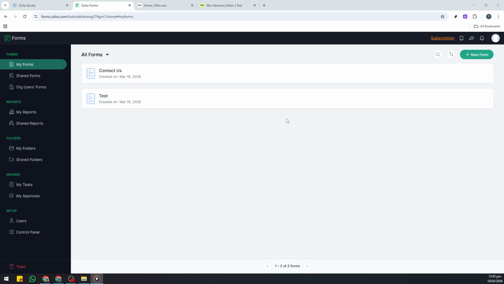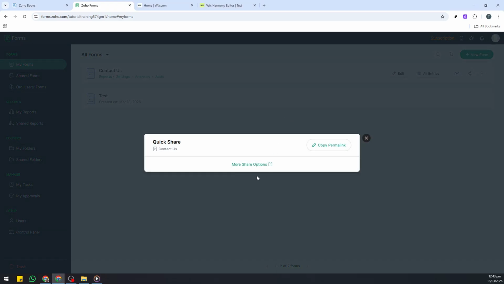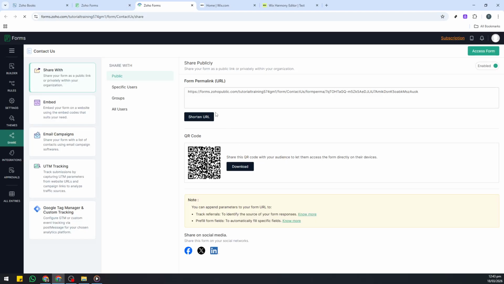Start in your Zoho Forms account on the home page where all your forms are listed. Find the form you want to add to your Wix site. Hover your cursor over that form to reveal extra options that might not show at first glance. From there, click Quick Share to open up sharing choices for this specific form. In the Quick Share panel, look for an option labeled More Share Options and click it. This takes you to the full sharing view, which includes different ways to share your form, like links and embed